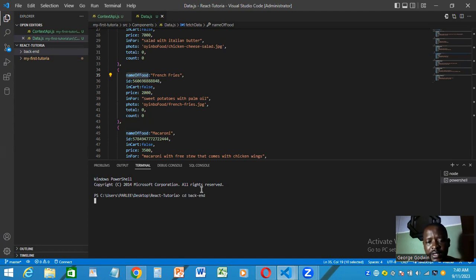So once I click on enter, now I want to have my backend. I will come here to say npm init. Remember, we are using node for the backend. That's Node.js. So once I click on enter,